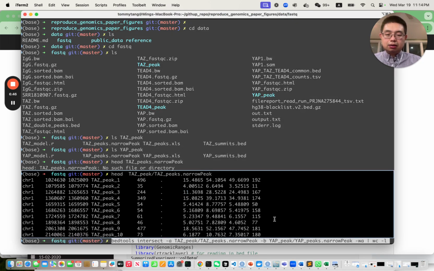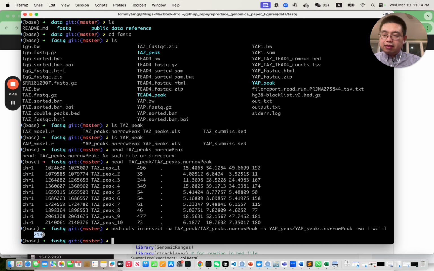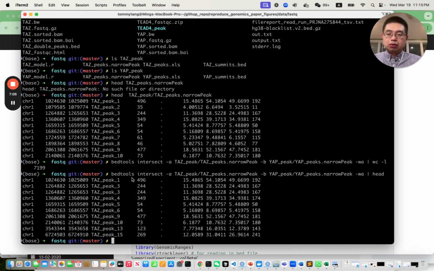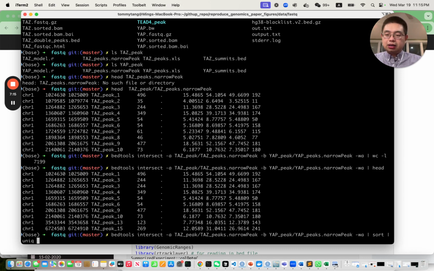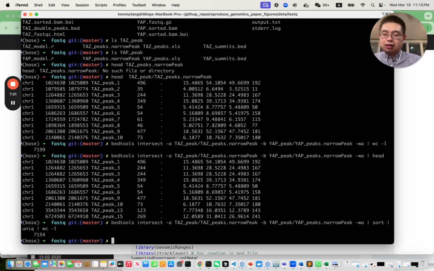So if you do this, you have actually 7,199 TASK peaks that are overlapping with the YAP1 peaks. Okay, but if you look at it, this will just return you all the peaks in A that are overlapping with B. But if you do this sort first and unique, and you only give you the unique rows, and you do word count dash l, you get how many lines there, you actually find there are roughly 45 lines less